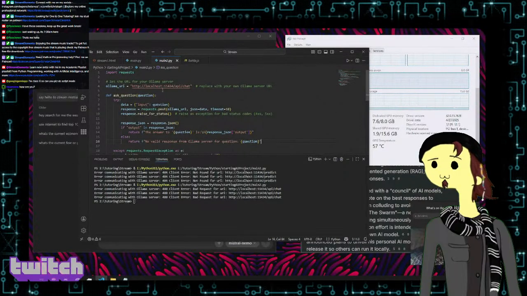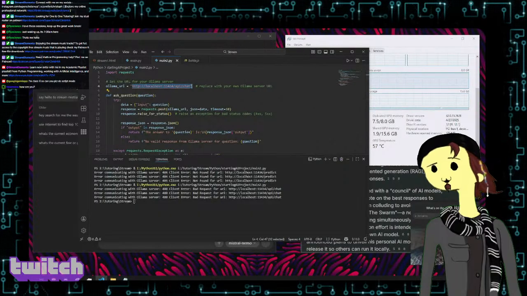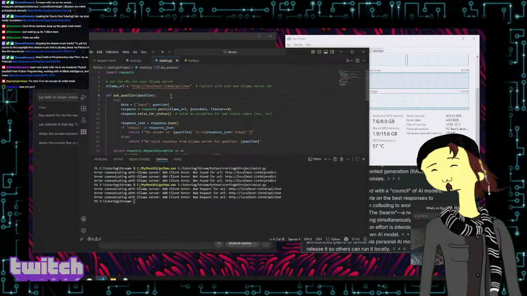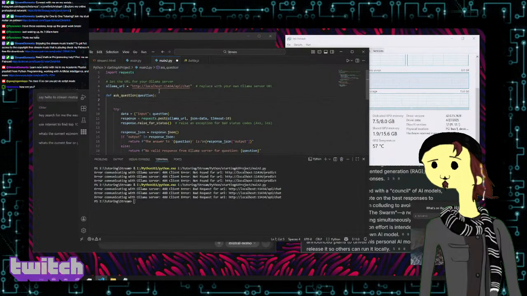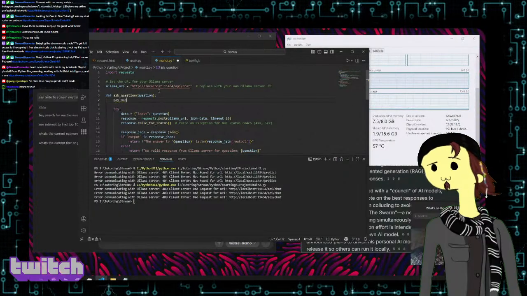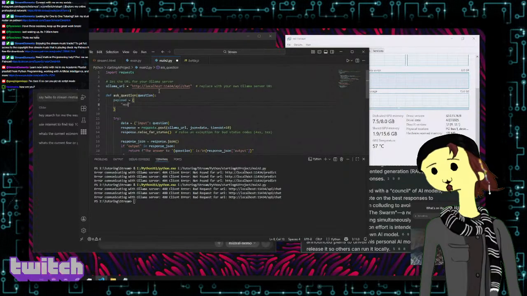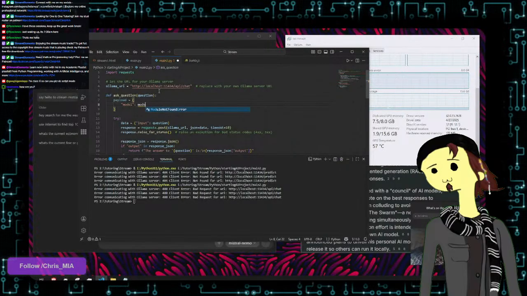So we've got the local host that we're accessing. Ask question here, input the data stream, the data setup is not correct. We need to essentially set it up based on the API. And here's how that API works. We have a payload that we have to send over to the server. The payload is going to be a key value pair. So model is going to be a model name,